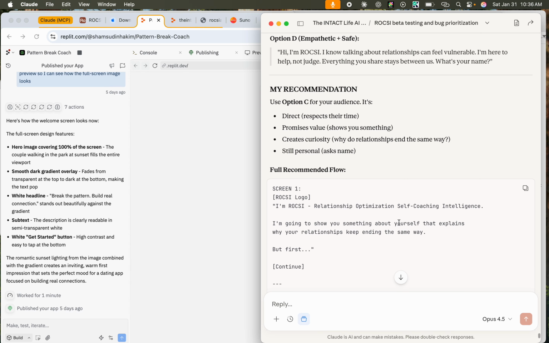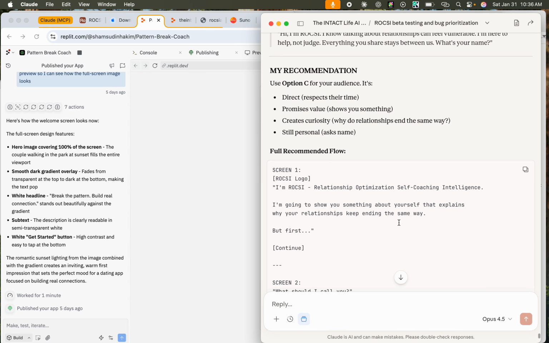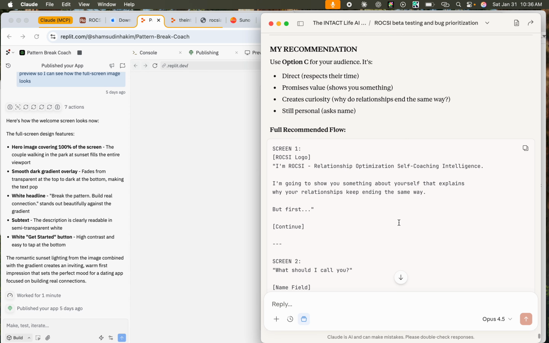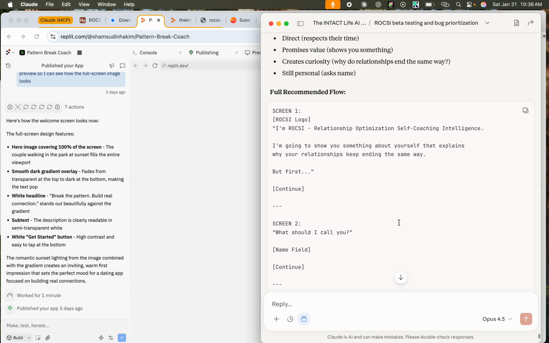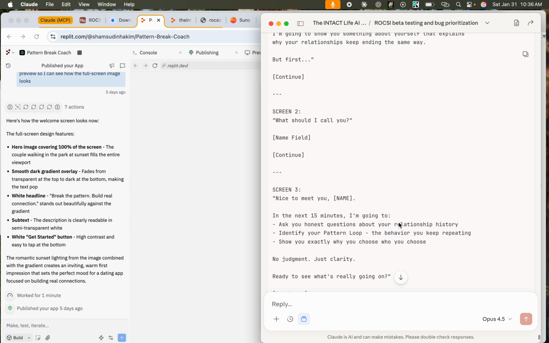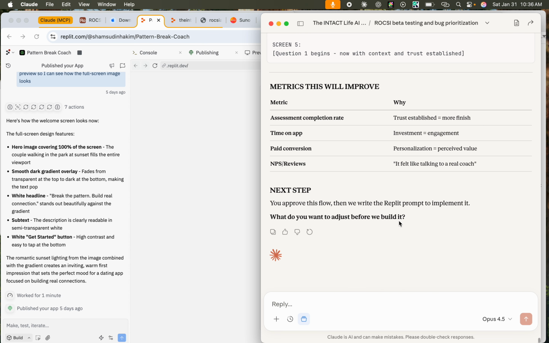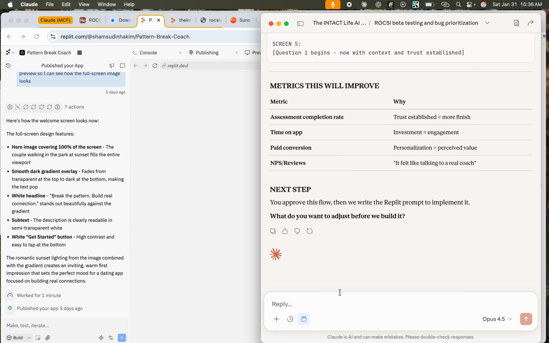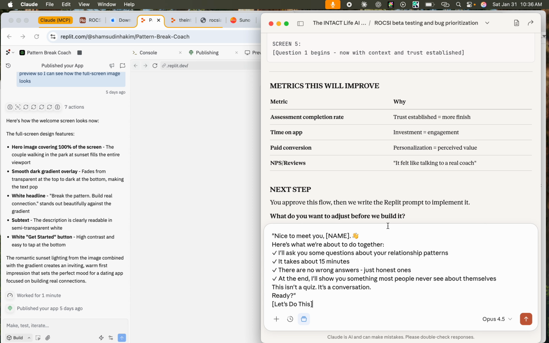What do y'all think? So, direct, respects their time, promises value, creates curiosity, still personal, asks name. Full recommended flow. All right. What do you want to adjust before we build? One, paste that.